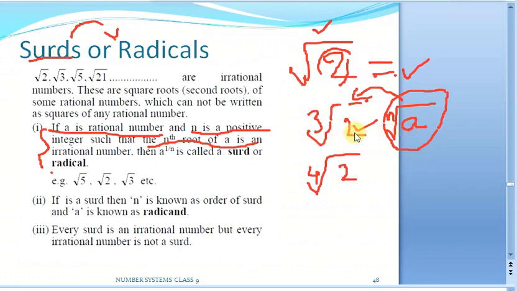First of all, here a is equal to 2, and n is equal to how much? 3. So n is a positive integer and inside there is a rational number also. So now 2 conditions are satisfied. Now see the third condition, whether the overall result after you write cube root of 2 will be irrational or not. How will you check it? Just think of any natural number. On cubing, can it give you 2? No. So the overall result is going to be irrational in this case also. So I can call this cube root of 2 a surd or a radical.